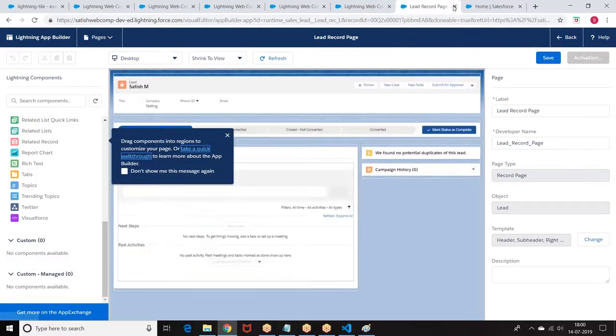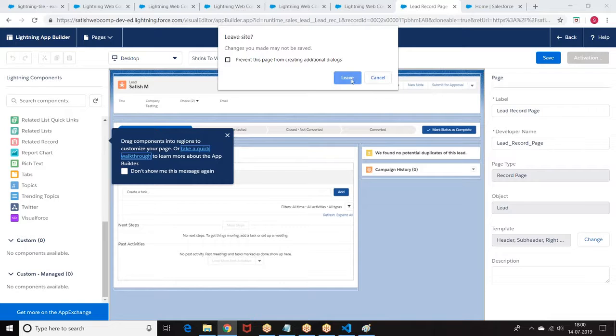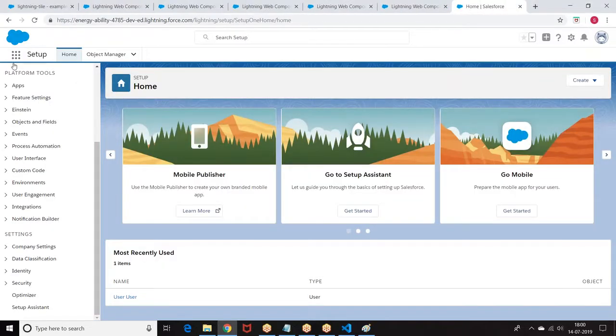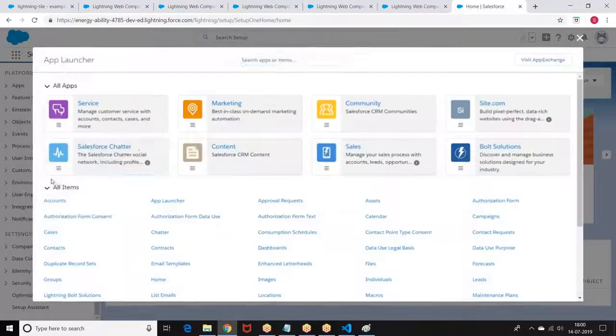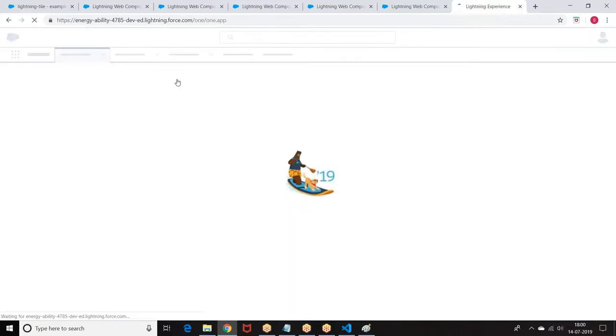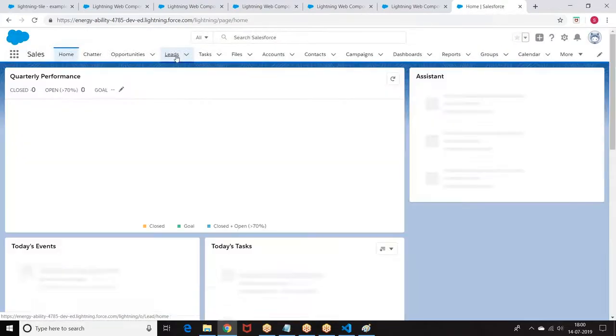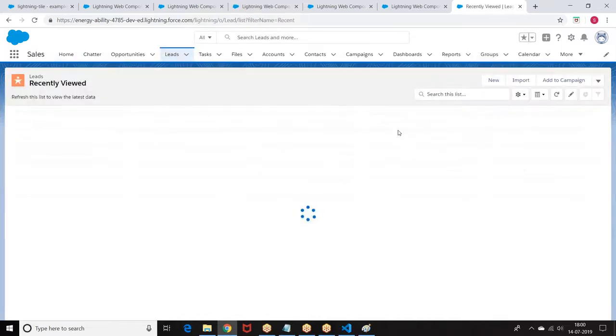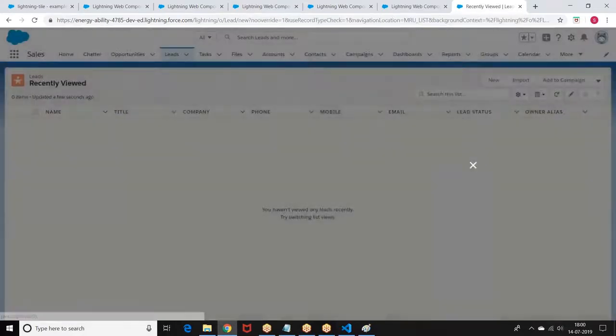Oops, what was the organization here? Come back. View the page. Probably this is my org, so open it. We're still in the Dev Hub. That's the reason you are not able to see that. Go to the lead. Create one record first. New lead.